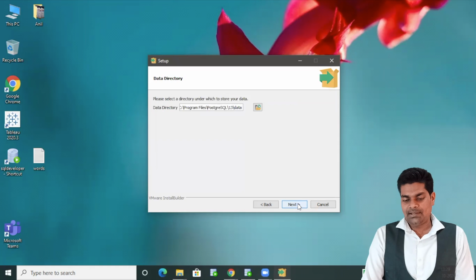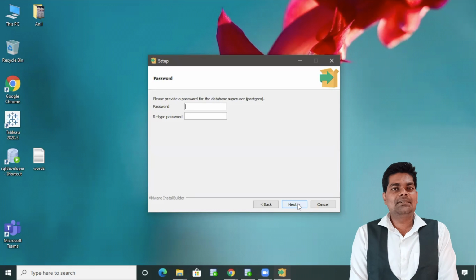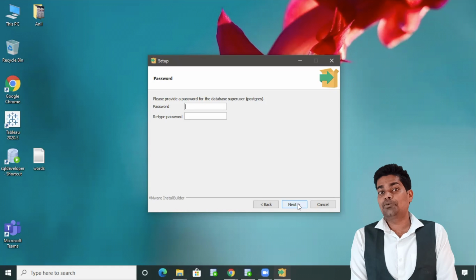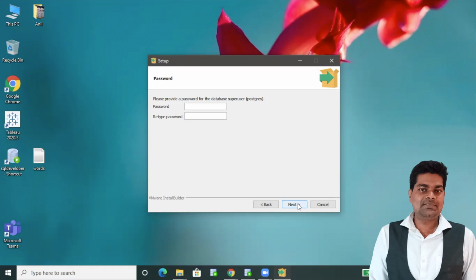Again click on next. Password. So friends, always give a simple password when you are installing any software for personal use and learning purposes. This is not your net banking, internet banking, or your email ID where you need very much security.